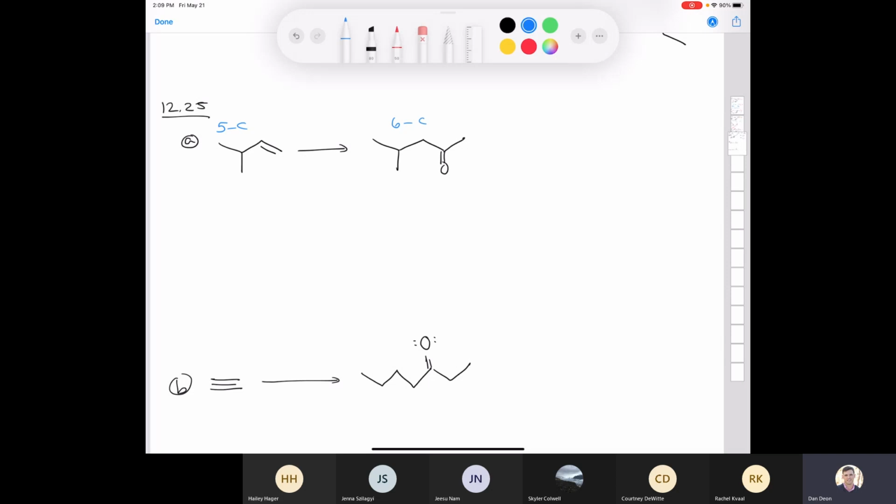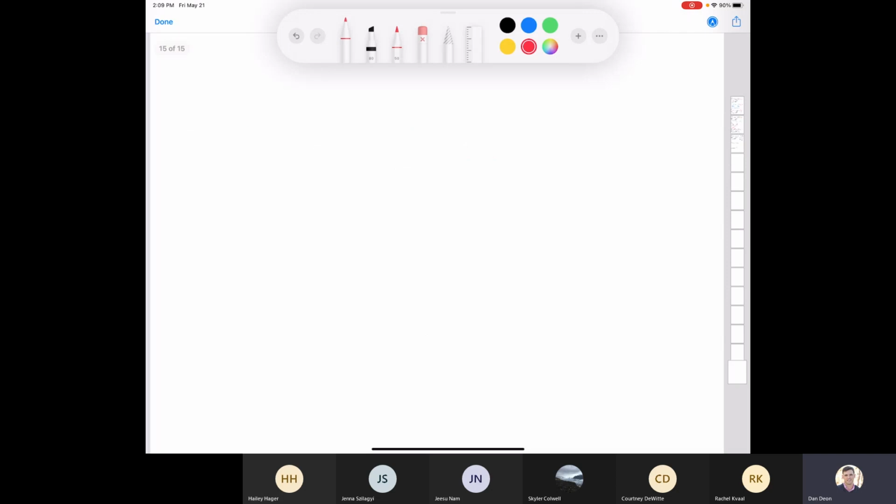And so we're going to have to think about this one in terms of retrosynthesis. I think that's the best way to approach this. And the way I would approach this one is I would say, well, if I want to make a bigger carbon skeleton,